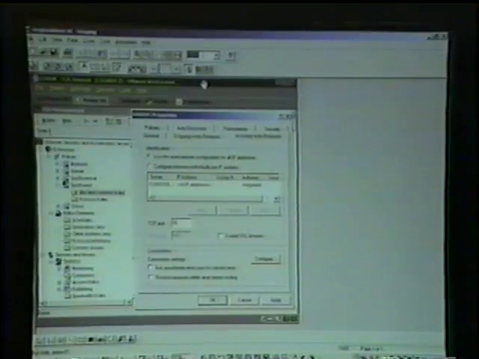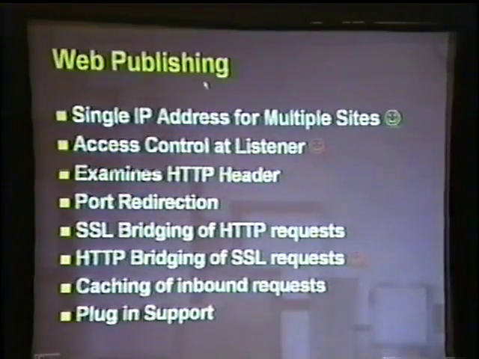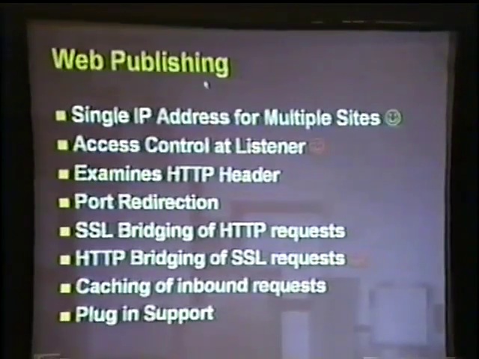Okay. This is a real popular feature because depending where you're located, it can be very difficult to get multiple public IP addresses. Okay. The web proxy service, what it does is examines the HTTP header so that even though all the requests are going to the same external IP address on the ISA server, the web proxy service says, okay, it's coming to